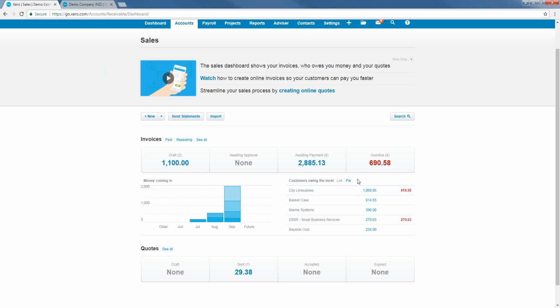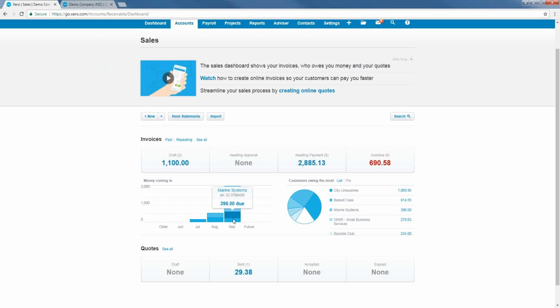If you prefer pie, and let's face it, who doesn't, you can click on the pie chart and it will show you a breakdown of your invoices in a pie chart format. If you hover over them, you can also see any phone number information if you've loaded that into Xero, which can help to quickly see which clients you should be following up and the numbers that you can call them on. You can also look at a bar chart